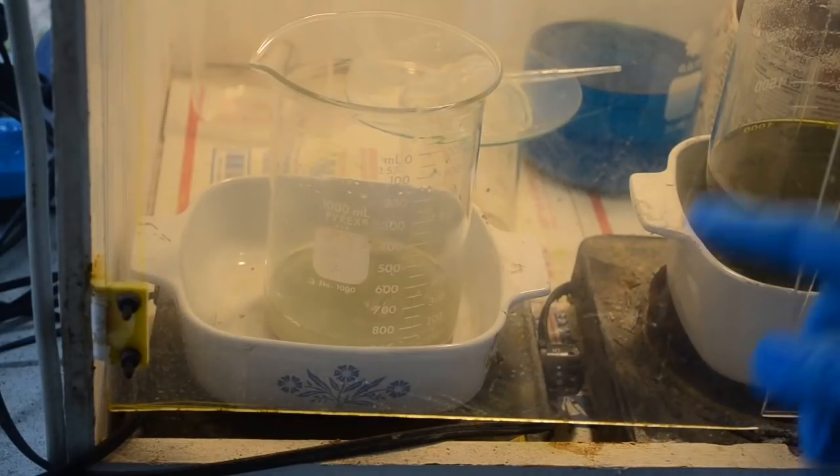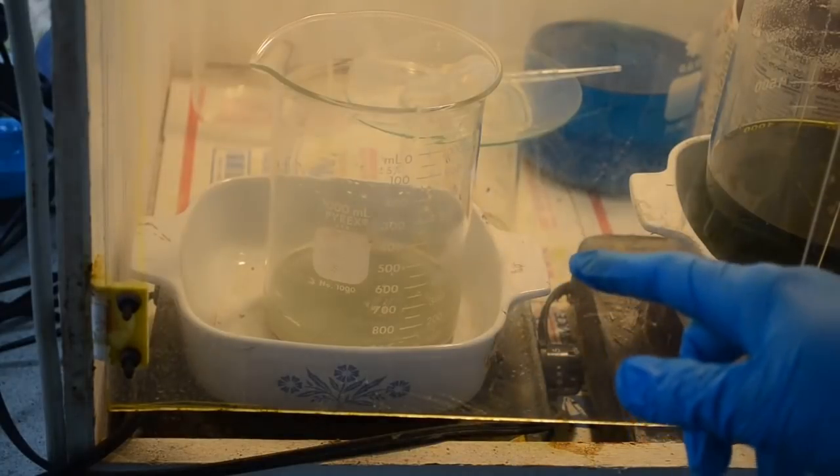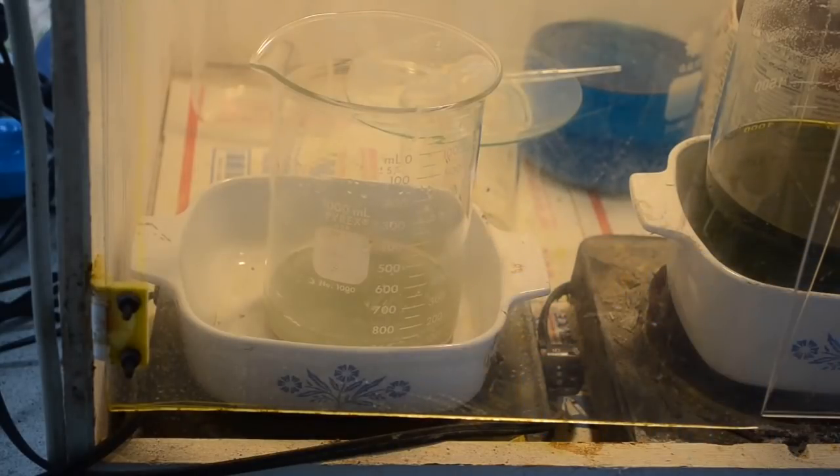Okay, so I've got my gold and whatever this gray precipitate is in this smaller beaker. I've got some distilled water on it. I may actually add a little more distilled water to the beaker, and I want to bring this to a boil. Now, a gray precipitate generally means silver chloride. Now, I did a test for silver on this stuff, and it came back like, well, there's very little, if any, silver in it. But,